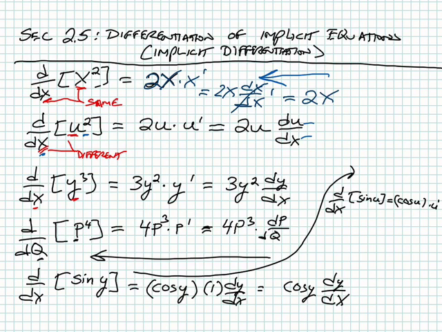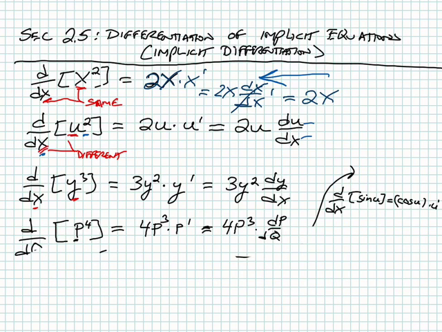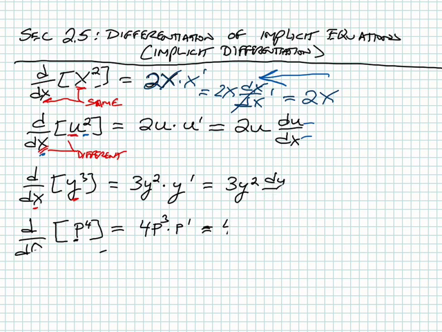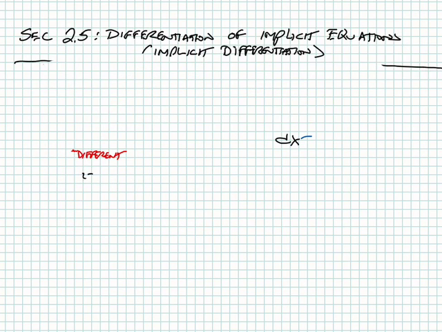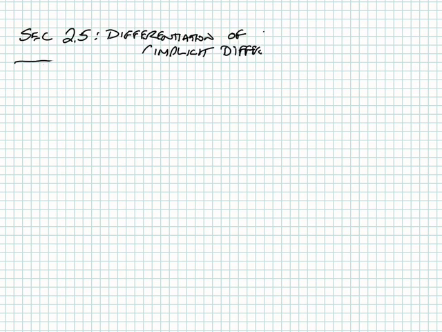Okay, so this kind of sets us up for what we're going to be doing in this chapter. I'm going to go ahead and erase all of this, and I'm going to point out a couple other things before we actually start with implicit differentiation. I'm sure there's an easier way to clear out the page. I haven't figured it out. Okay, so